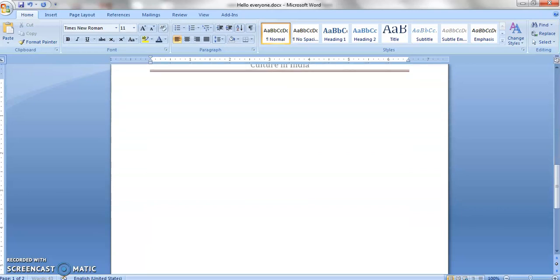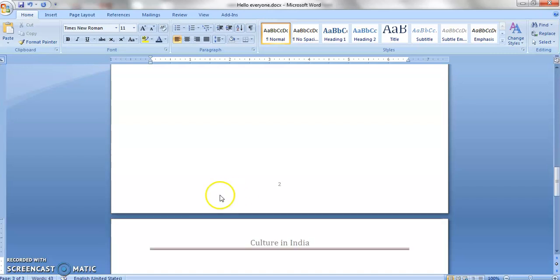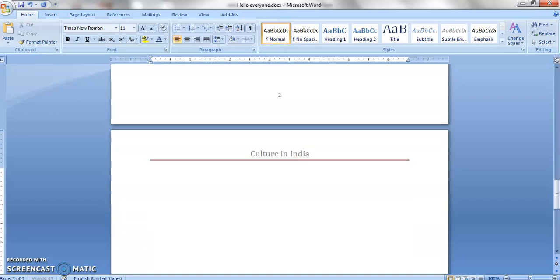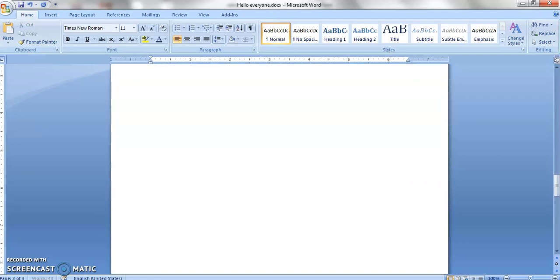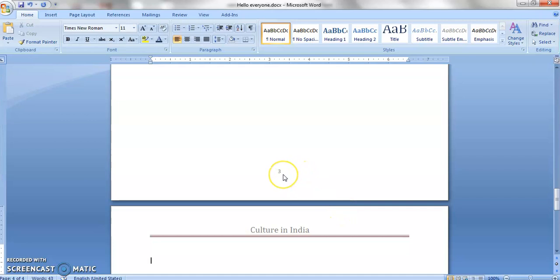See, you can see here page number 2 has come. So that is the advantage of header, footer and page number, and that is very useful when our faculty is writing a research paper or a student is making a report. So that enhances the decoration of the particular report. So that is again a very useful tool, that is header, footer and page number. So again I am going to the next page, so it will come as page number 3. You can see page number 3 is coming.